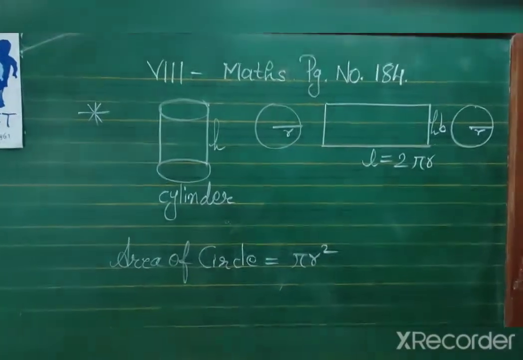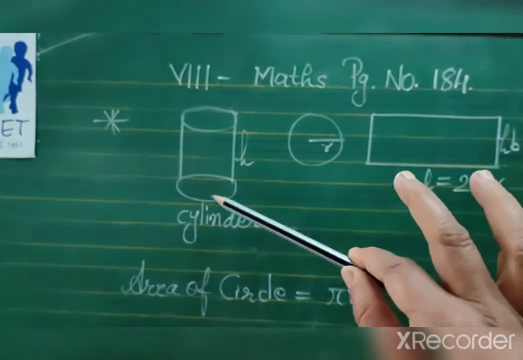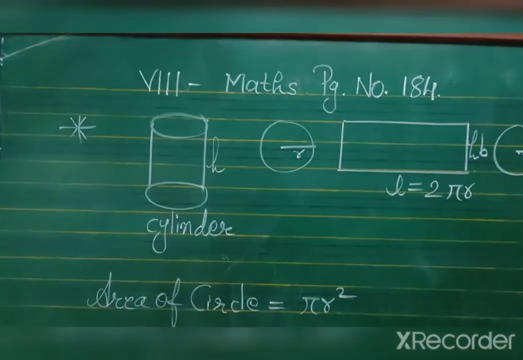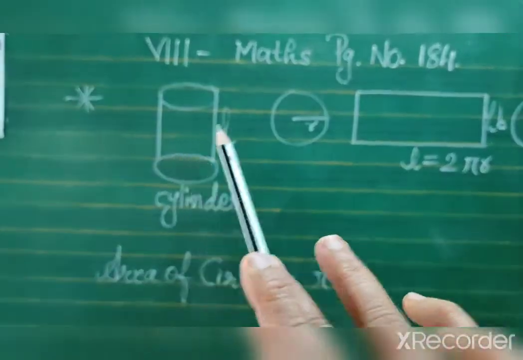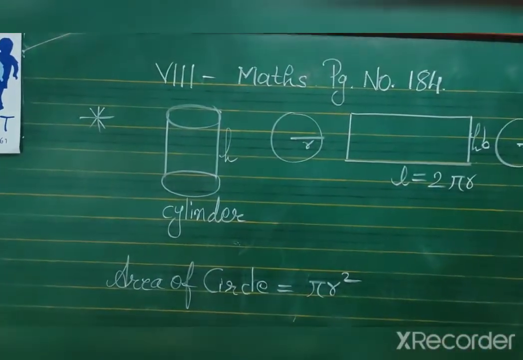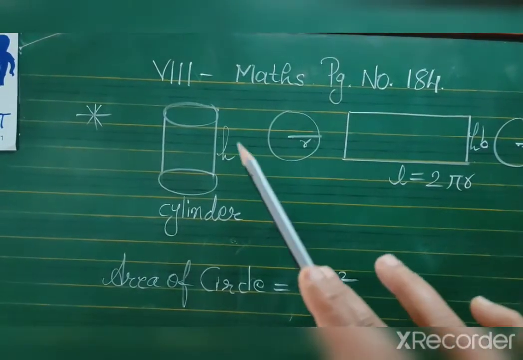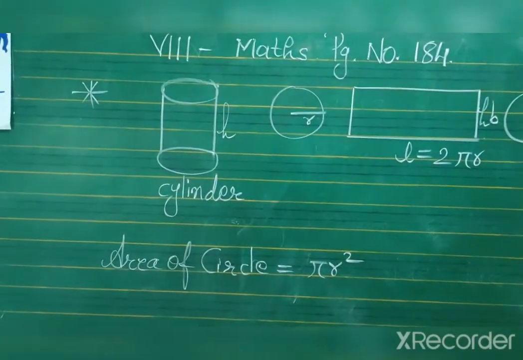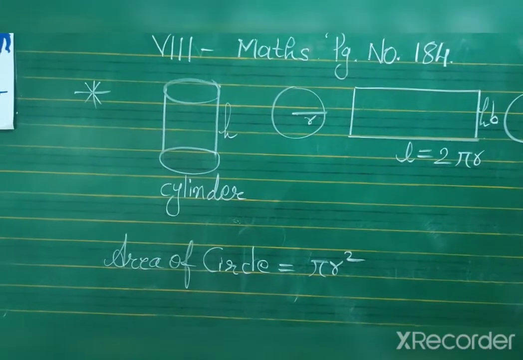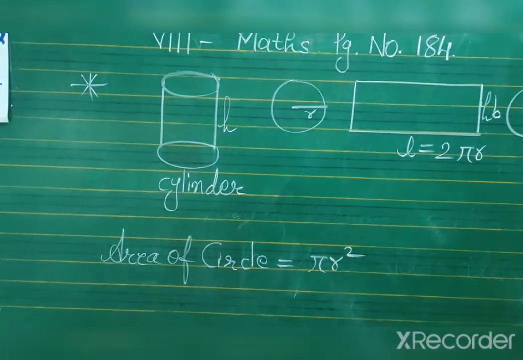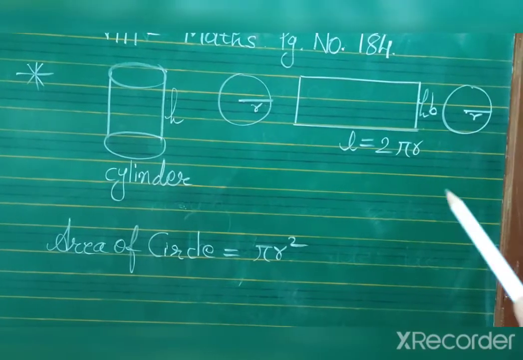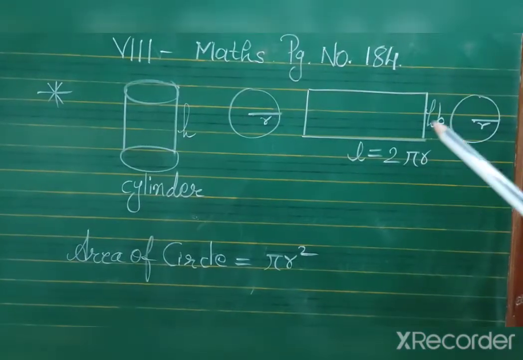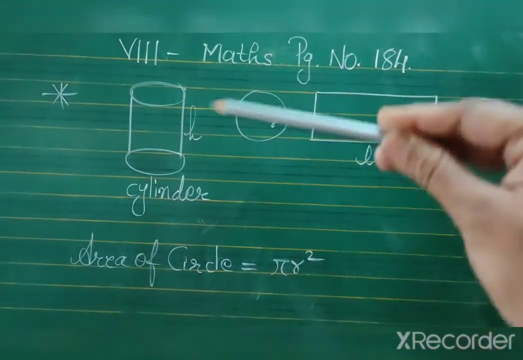Now you can see on the green board the cylinder. The shape is a cylinder, two circular shapes are there, top and bottom, and then the standing height of the cylinder. And when you open this strip, which first you cover and then open, you will get a rectangular shape, as the strip takes one complete round around the circle. So it will be called the circumference of the circle. So length is equal to 2 pi r, the circumference of the circle, and breadth will be the height.